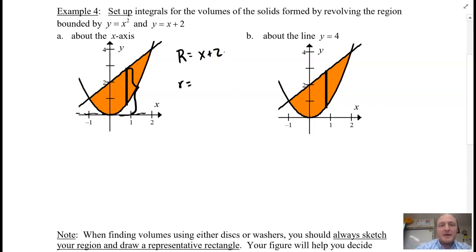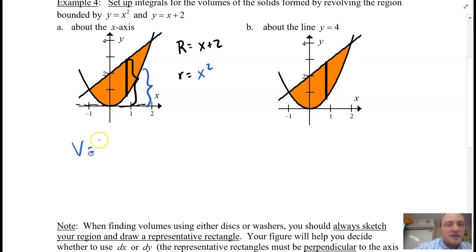And my little r, that's going to be this distance, which is y equals x squared. So that's x squared. So again, our integral volume is equal to pi times the integral from, and